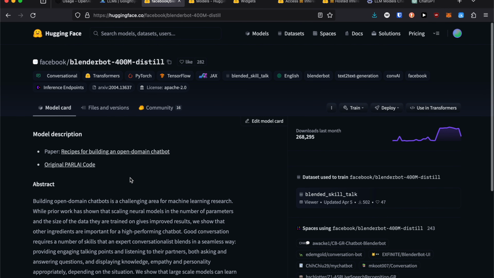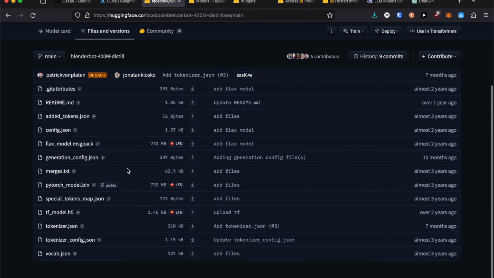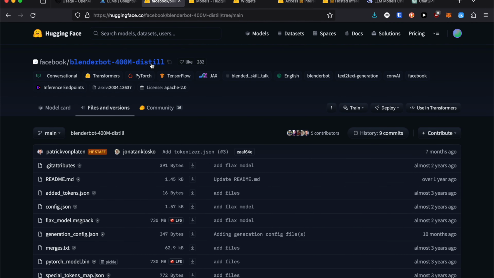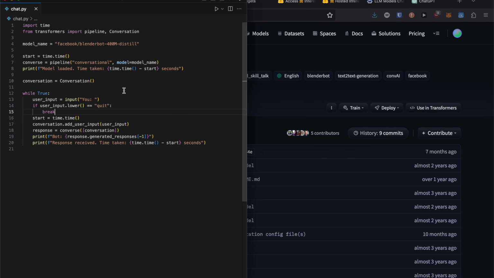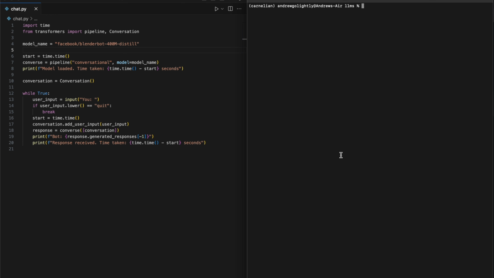And then I can take, say, this particular model, go to the files, and download this model to my machine and run my own chat app locally on my laptop. So this is exactly what I did. I downloaded this particular Facebook model here, and I wrote a little Python script which uses that particular model. And then if we run it locally, this script here,